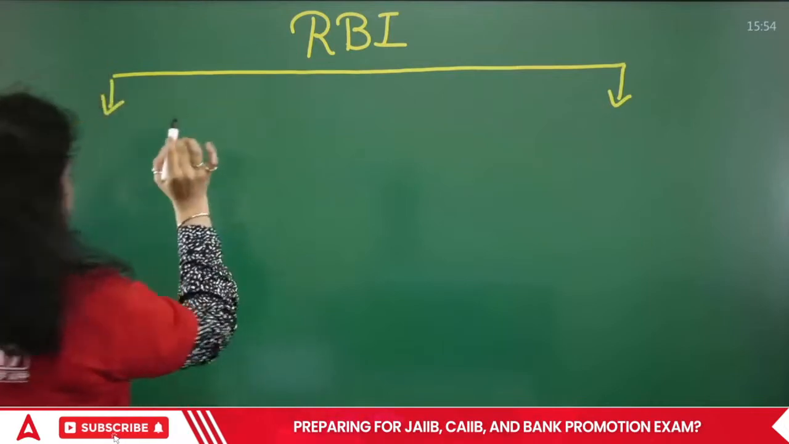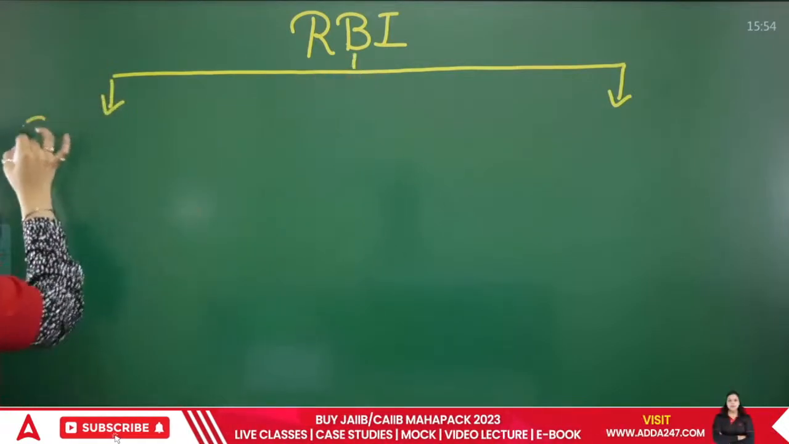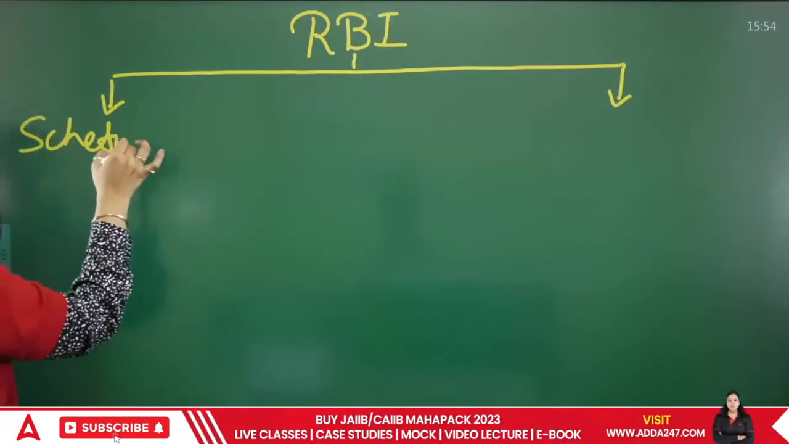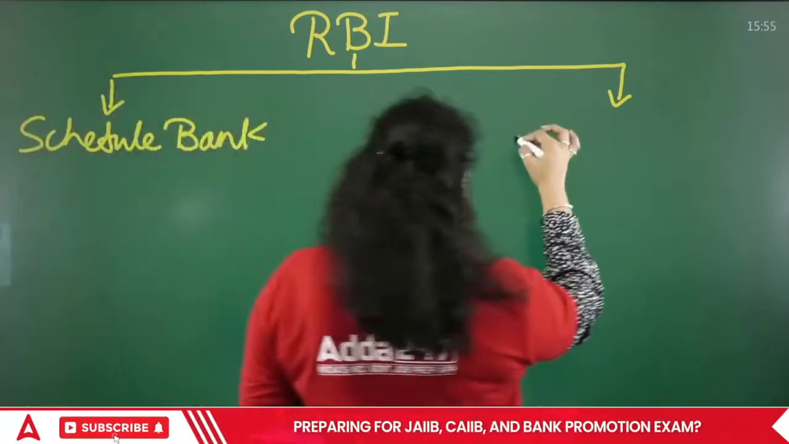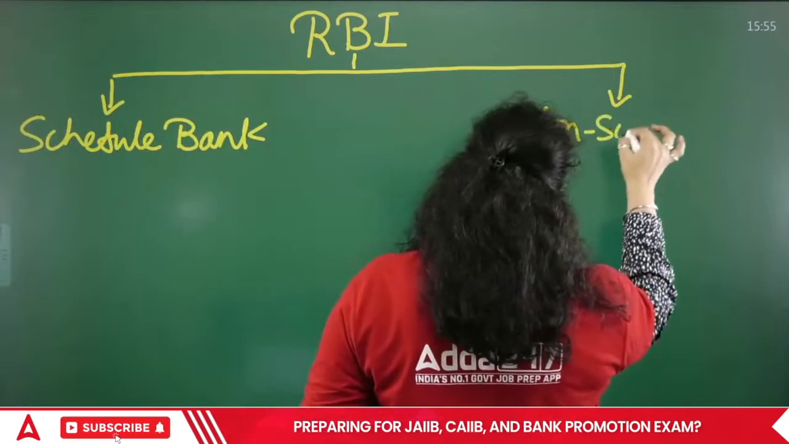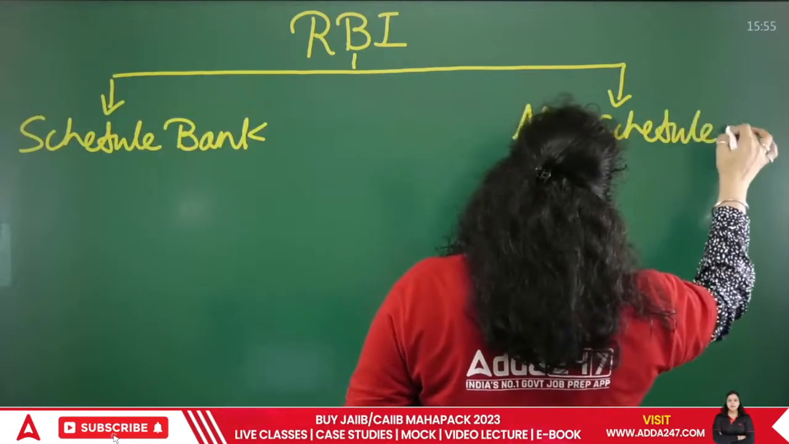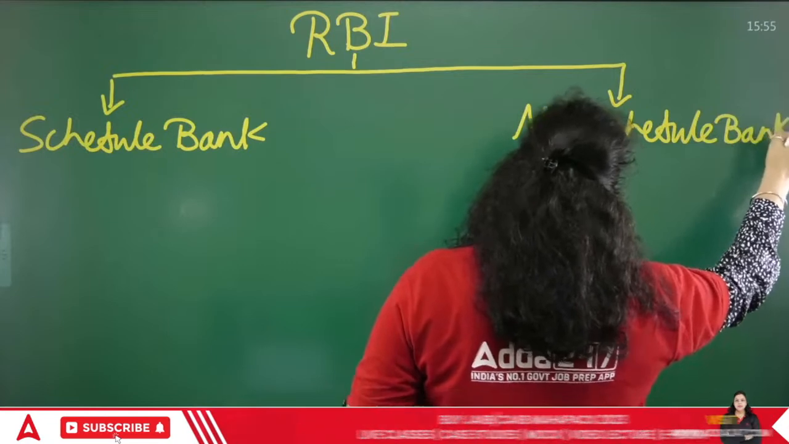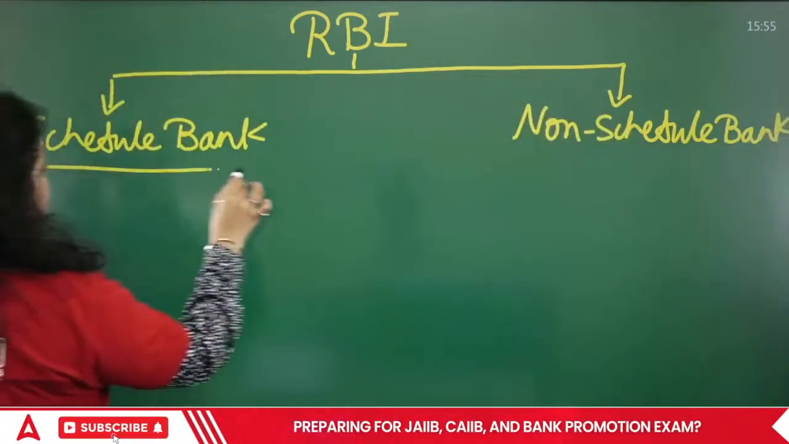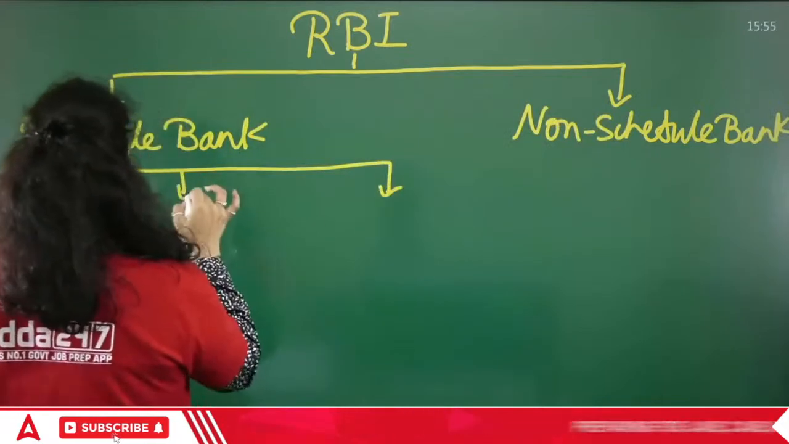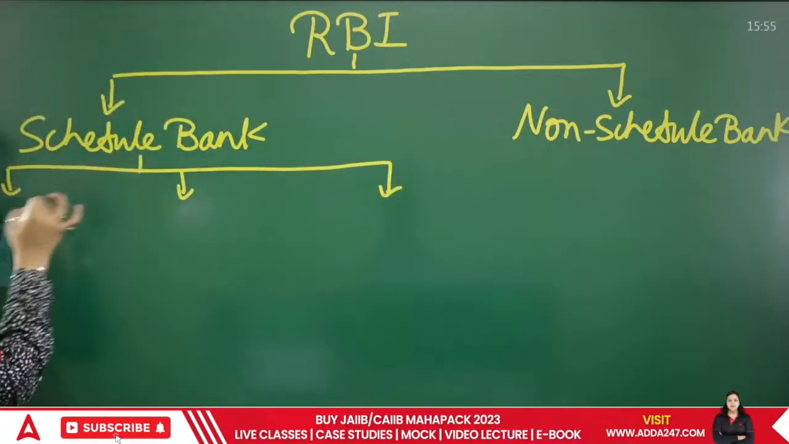This Reserve Bank of India was divided into two categories. That was first, scheduled bank, and the second category was non-scheduled bank. So RBI has divided Indian banks into two categories, scheduled bank and non-scheduled bank. And then this scheduled bank is further divided into three categories, and those categories are known as, the first one we have